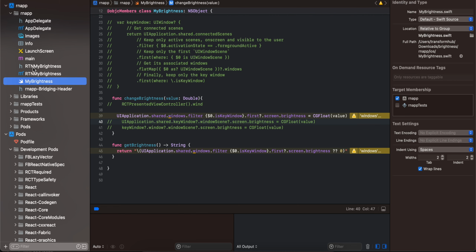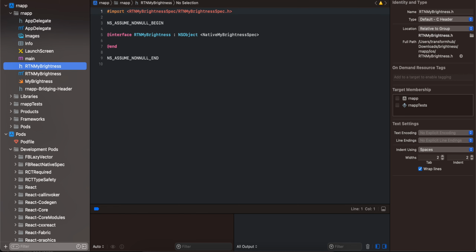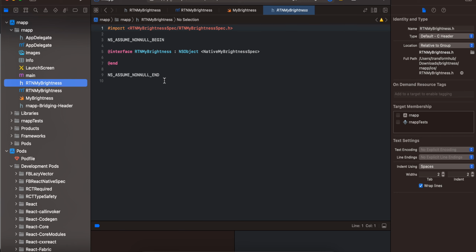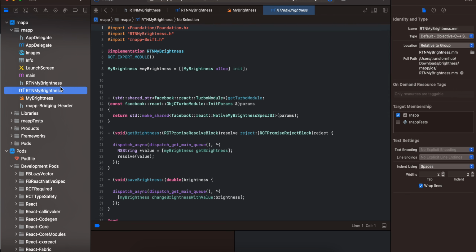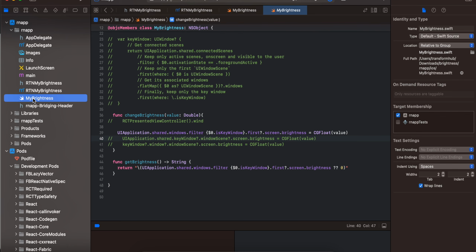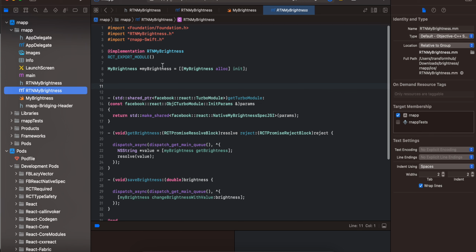and here first of all you have to add this file, header file of RTN my brightness. Again, this has been copied from docs, only this name has been changed appropriately. Next, create an Objective-C file, and make sure you change the extension to .mm manually. Also create a Swift file called my brightness, and Xcode will ask, do you want to create a bridging header? Make this as true. And here first of all we will import our header file, and then we will have